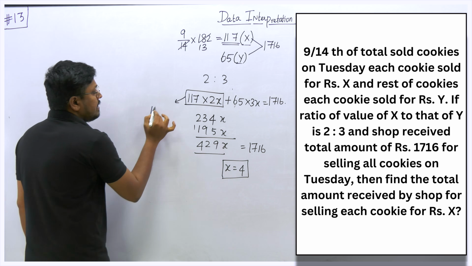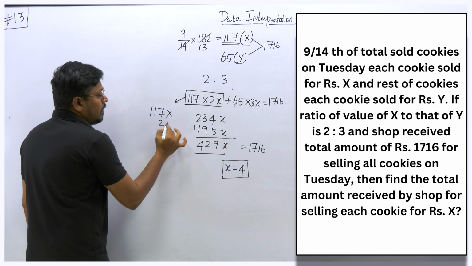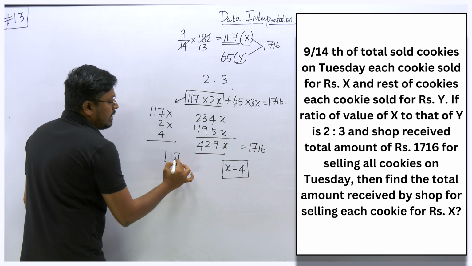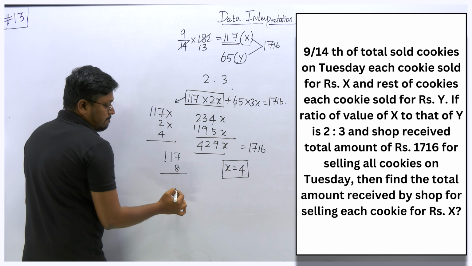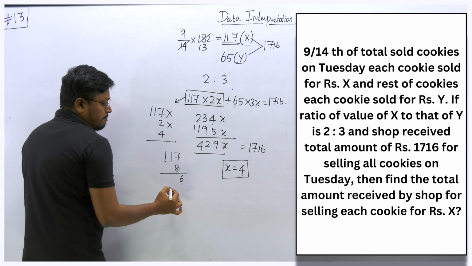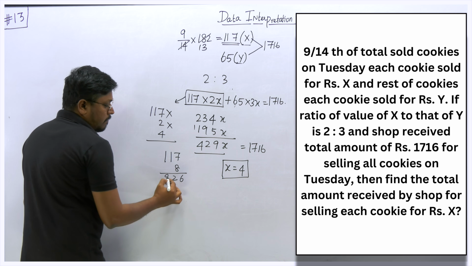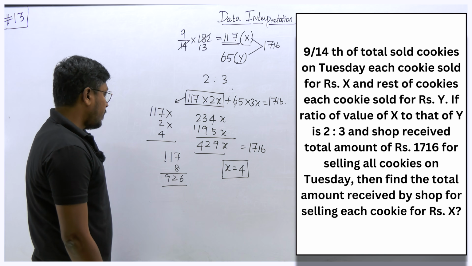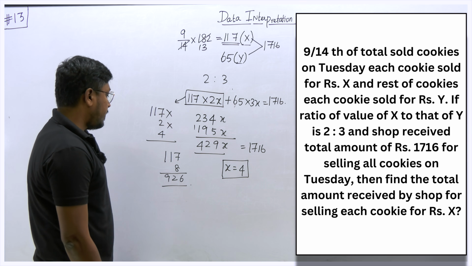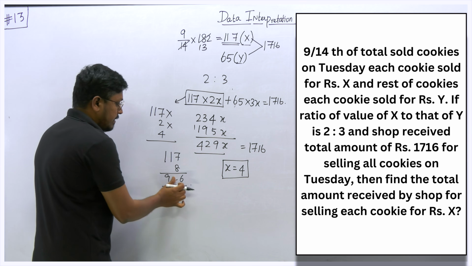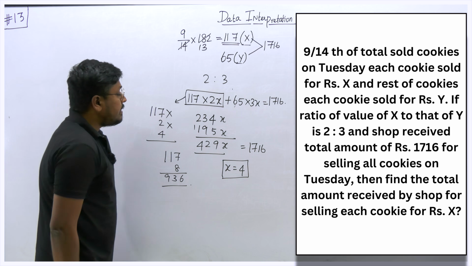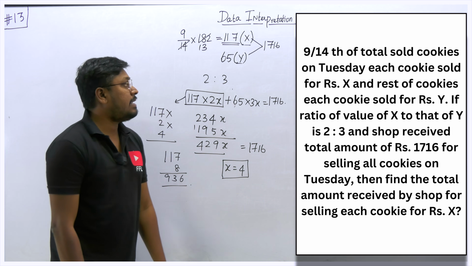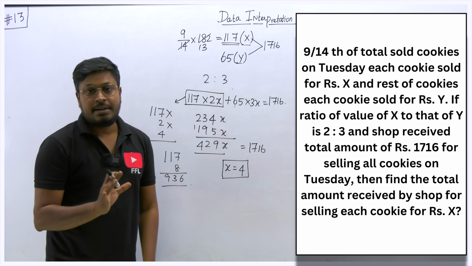So we got 117 into 2 into, and we know the value of X will be 4. So 117 into 8, 936, right? So 936 will be the total rupees that was received by selling 117 cookies, because they are asking